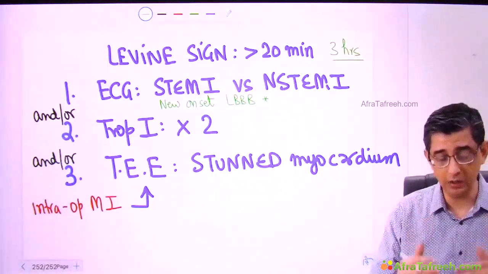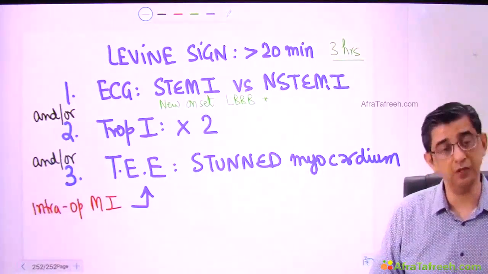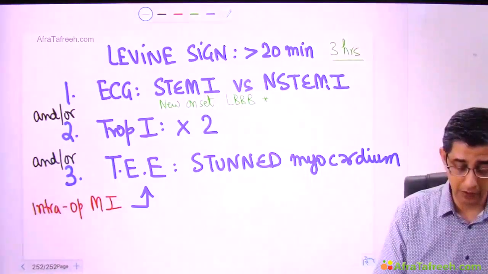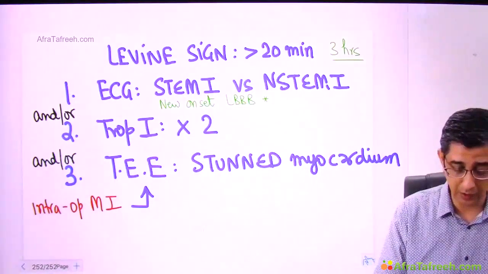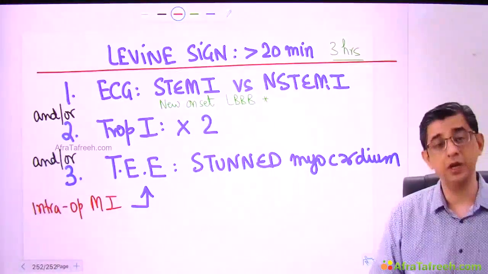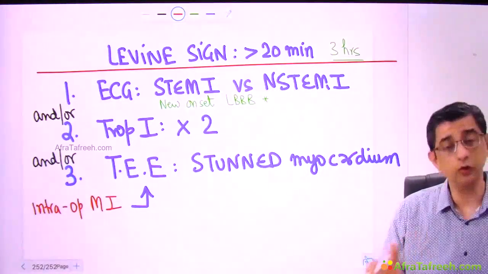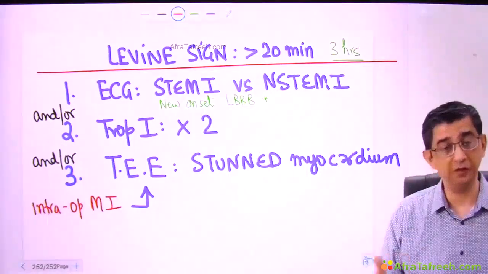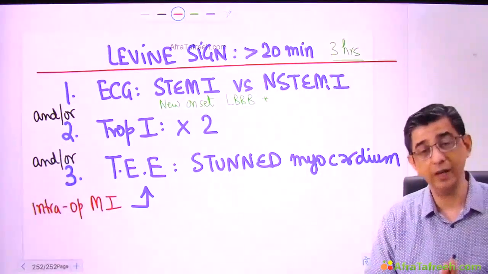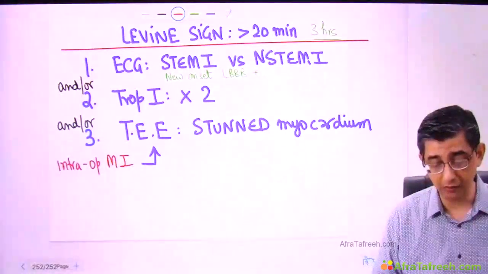Any of the 3, ECG, troponin, transesophageal echocardiography, a positive means a myocardial infarction with Levine sign. This is the main crux of this discussion. I would suggest you to again note it down so that you can remember this information. And most importantly, I said that it can be either of the 2 types of MI that could be given. So 50% chances is what we find by incidence, and any of these investigations would help you in confirmation.